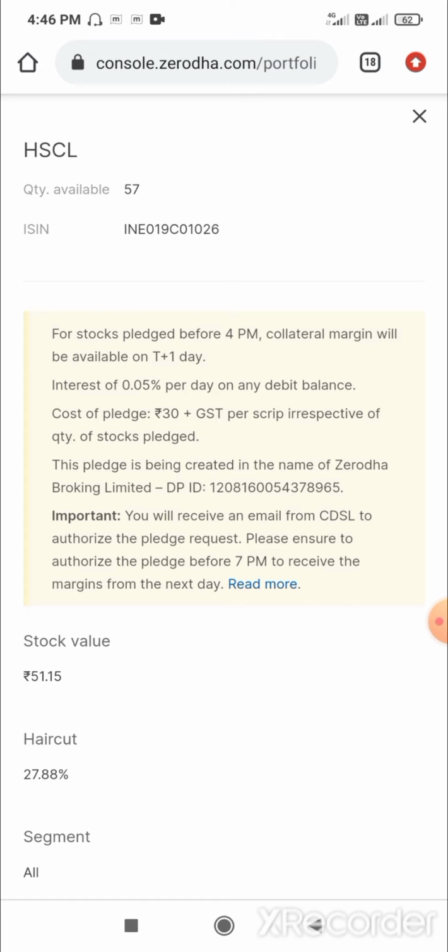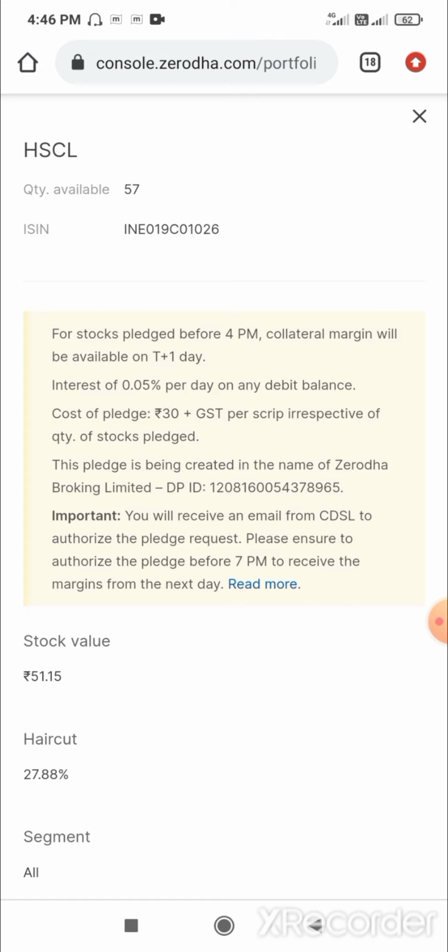If you pledge any stock, whether the quantity is one, 10, or 100, for every request that you pledge, the exchange will charge you 30 plus GST.